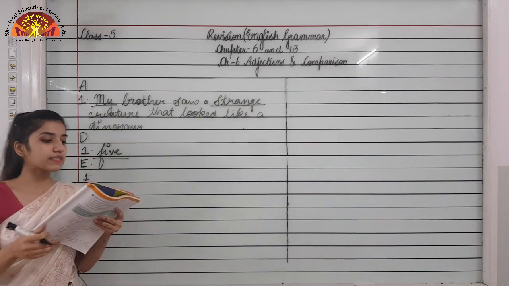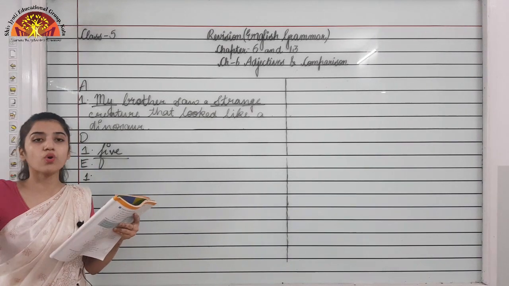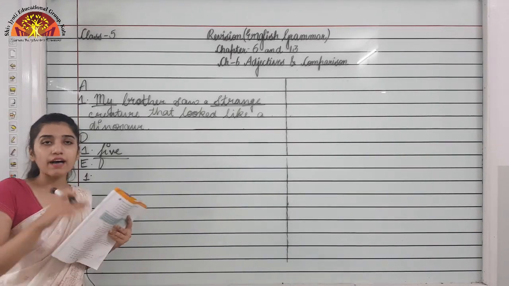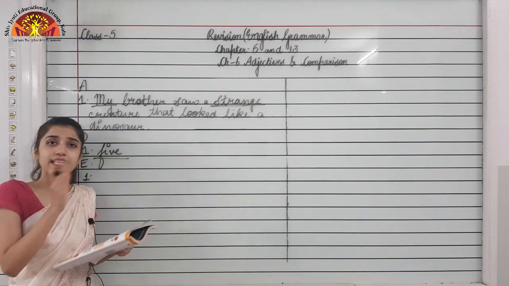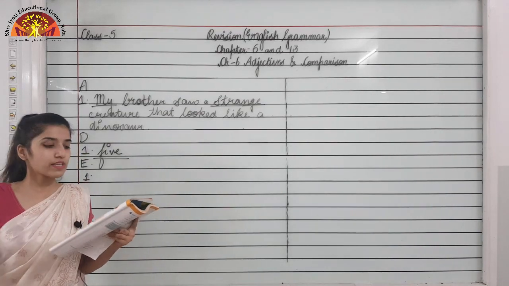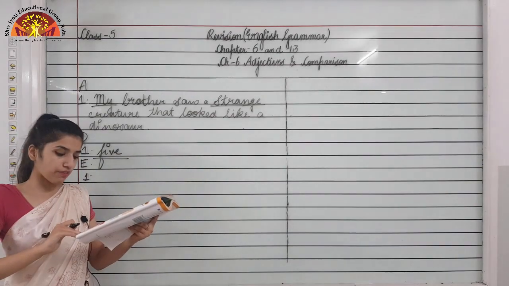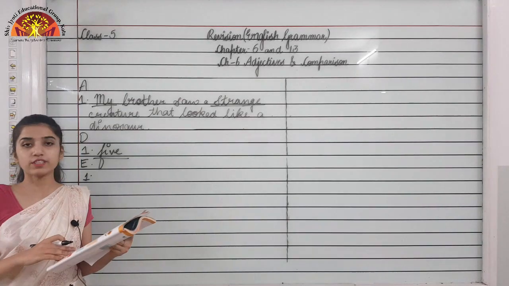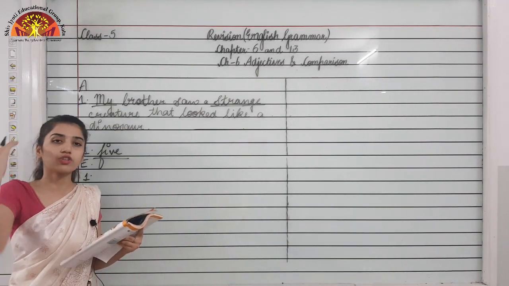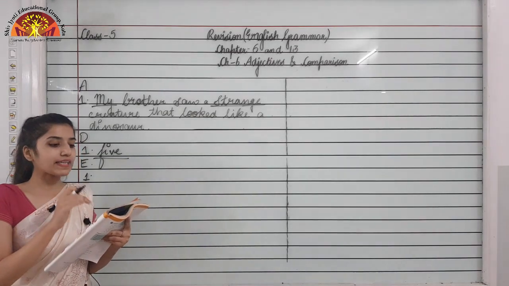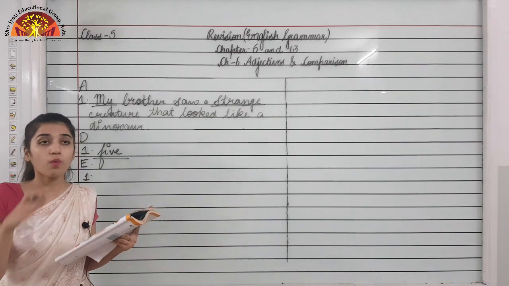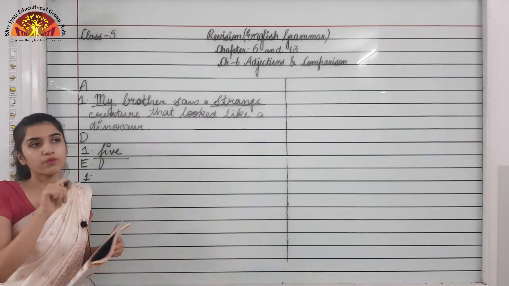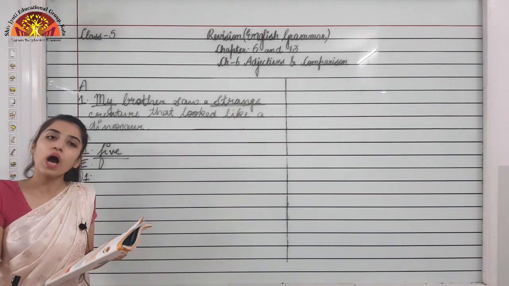First one you can see: why is dash room so untidy? You have to fill in the blanks with correct demonstrative adjectives, and we have studied four demonstrative adjectives, that is this, that, these and those. You can find this exercise on page number 26, exercise number E, given at the top of the page. Why is this will not come, because I am not pointing at somebody. That will come. So why is that room so untidy?